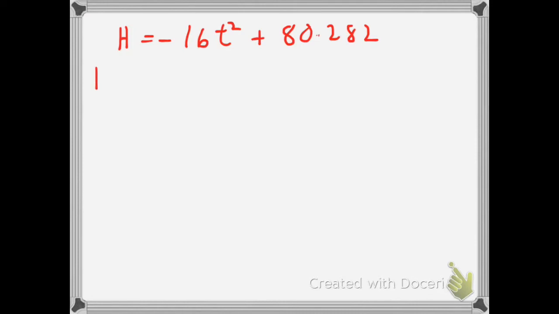Well, h prime is going to be equal to the velocity, and when we take the derivative we get -32t plus 0. Alright, and now since we know what t is, we can go and put in the 2.24